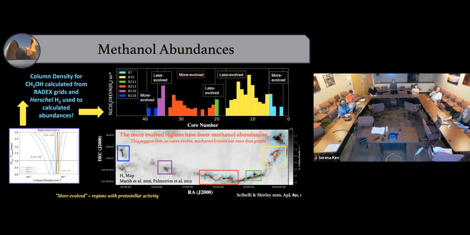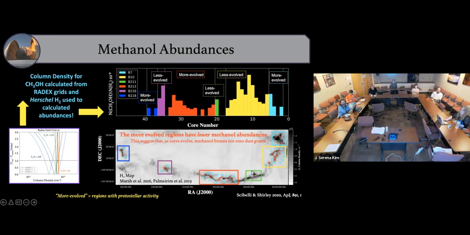I'm not sure. That's a good question. We haven't looked at the exact ages. It's hard to tell based on their abundances. The chemical age is kind of scattered for all of these cores, so it was hard to tell exactly. But I will say that this,